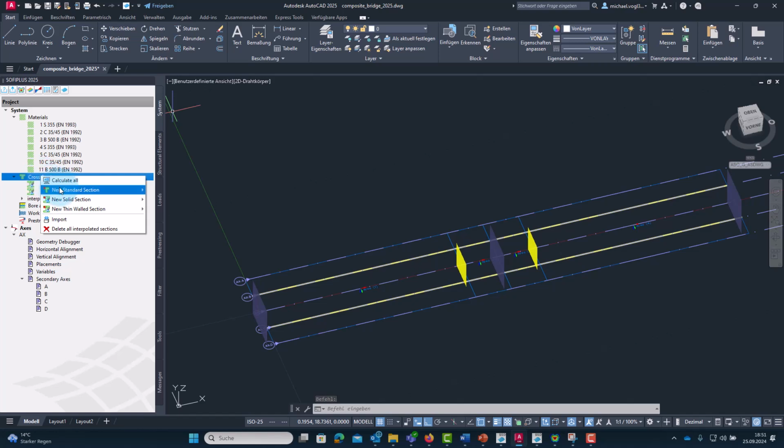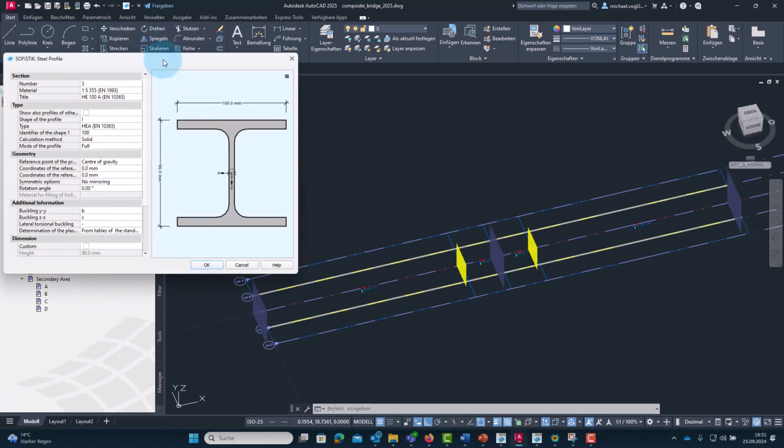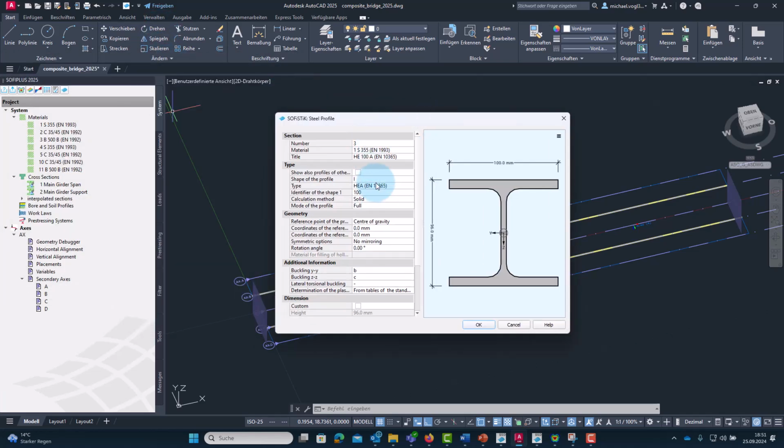Right click and create a new standard section, a steel profile, select as calculation method Finwald. The material number is already correct.